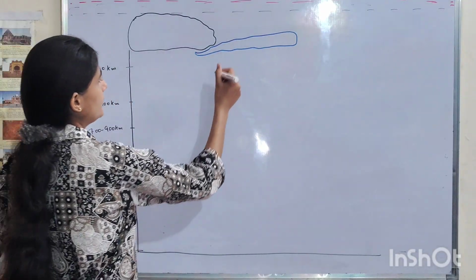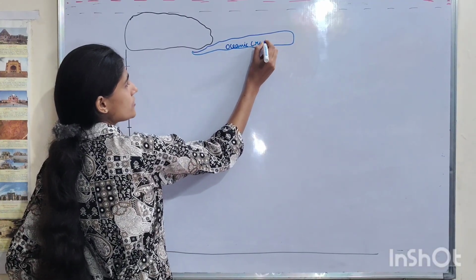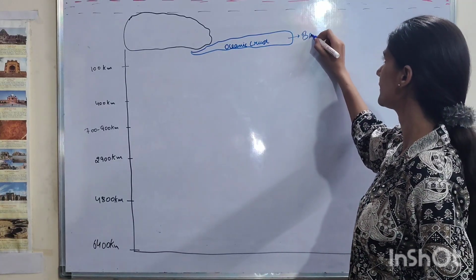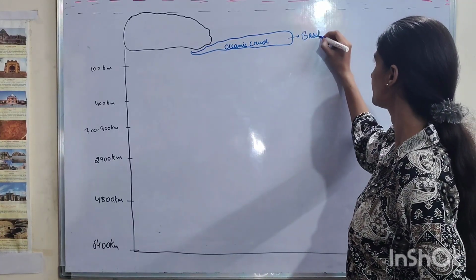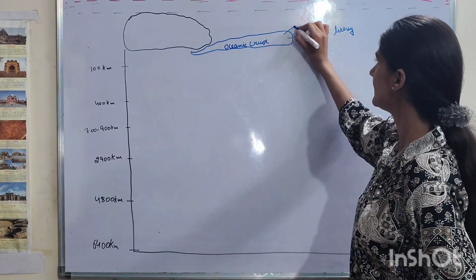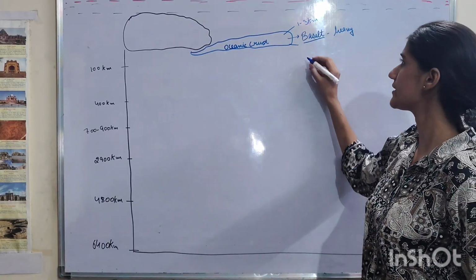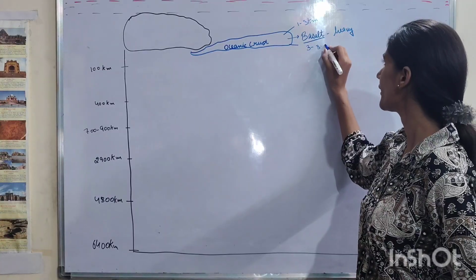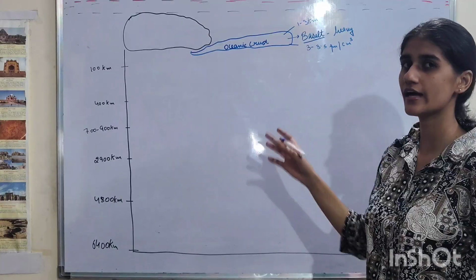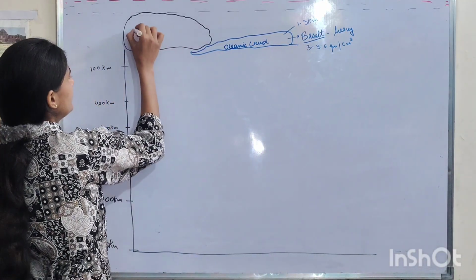Yes, let me write it here. Oceanic crust. It is made up of basalt, therefore it is heavier than continental crust. It is heavy. Its thickness is 1 to 3 kilometers, whereas its density is 3 to 3.5 grams per centimeter cube, which is more than continental crust. So let's see, continents are made up of granite,